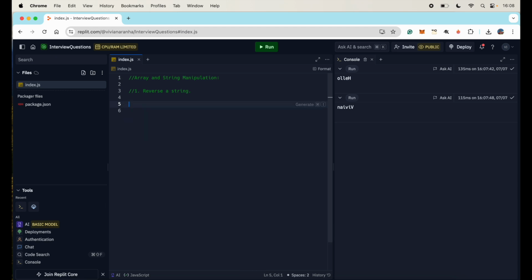Next is using a for loop. So what we do in a loop is we iterate over the string from the end to the beginning and build the reverse string one character at a time. That is another way of doing it. So I'm going to write that one function reverse string, pass the string to it, and in this case, as I mentioned, I'm not gonna use the built-in function. So let's create let reversed equal to an empty string,